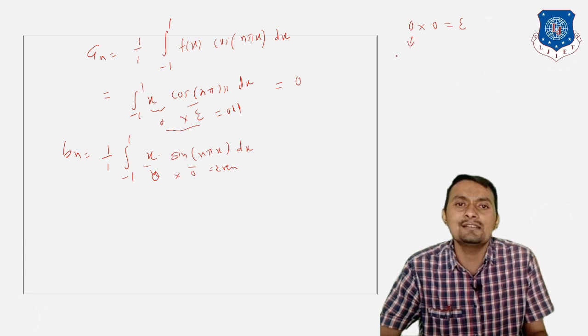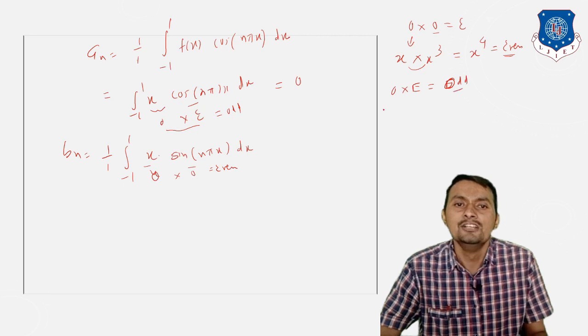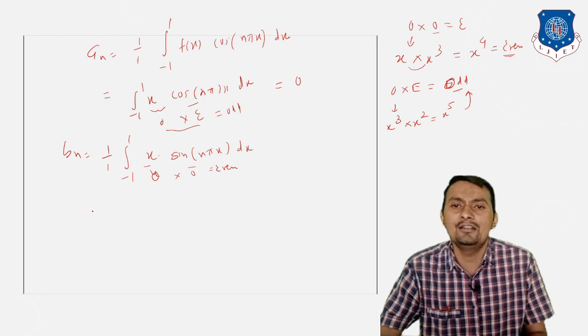But how can we say that? If I assume an odd function x, and also x raised to cube, which is nothing but an odd function, when I take their product I get x raised to 4, and this is exactly an even function. So based on the counter example also you can verify that odd into odd is exactly even. But if we consider odd into even, then definitely we can say that it will be an odd function. For example, x raised to cube is odd, and x square is even, so we get x raised to 5, and this is exactly an odd function.